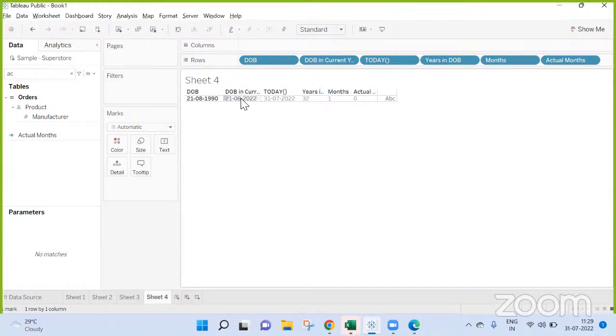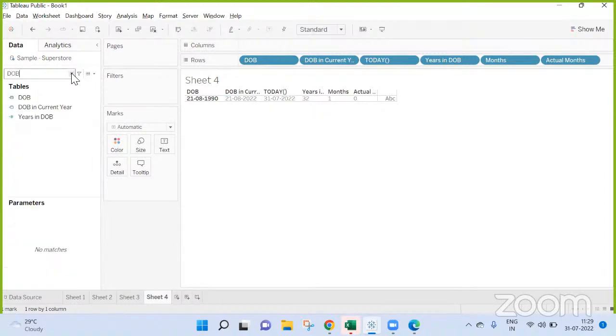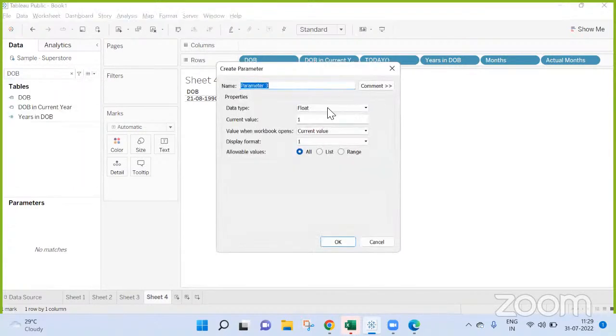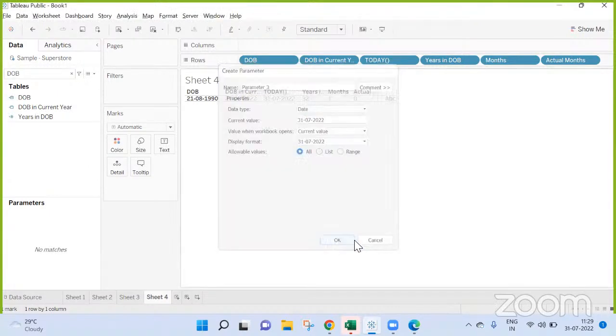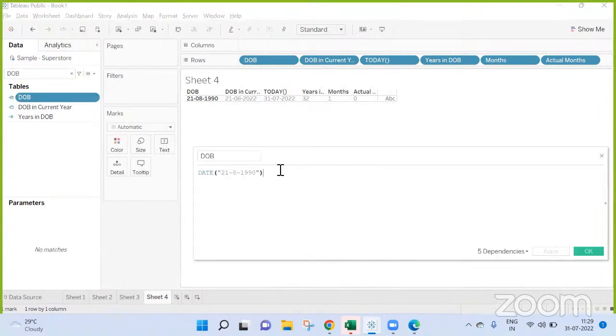Then let us change this to DOB. Let me create a parameter to be correct. Here, in place of date I am taking a parameter. Apply.